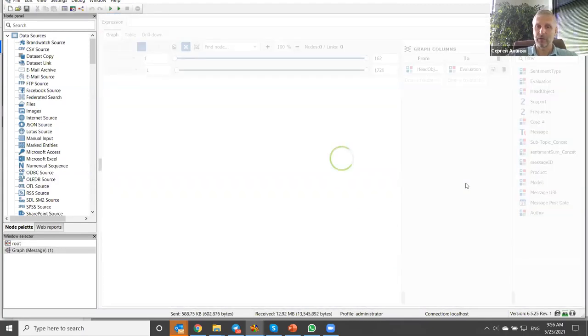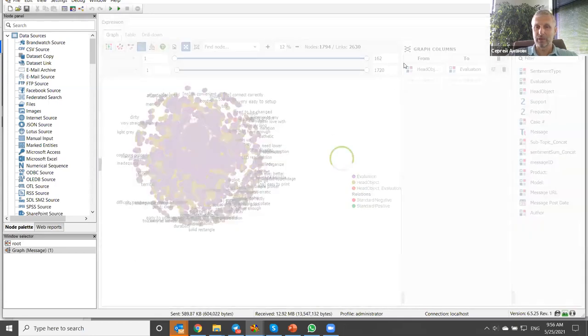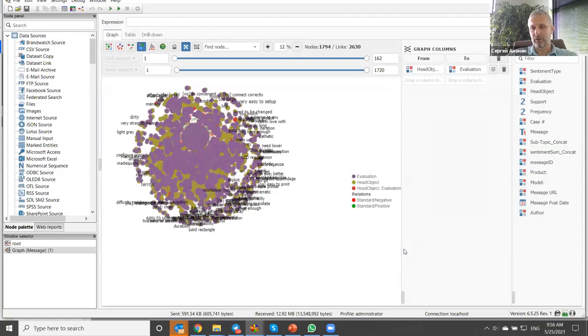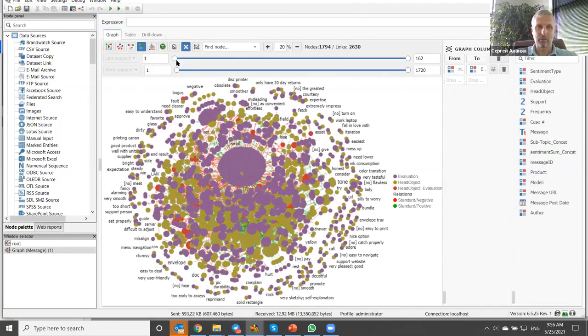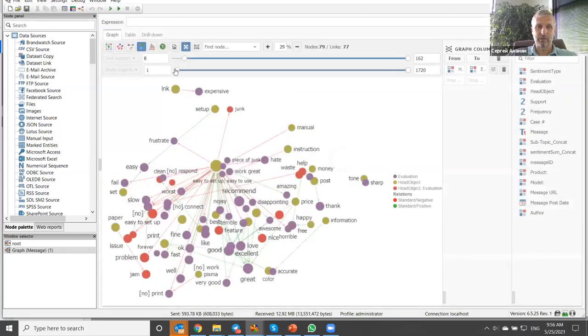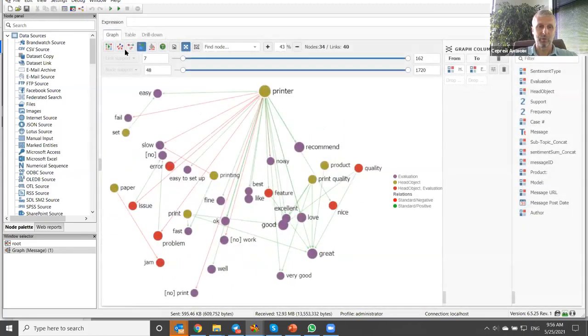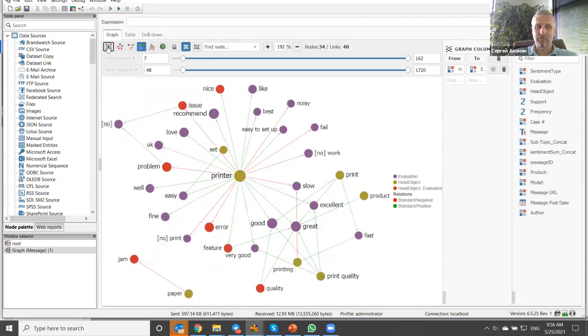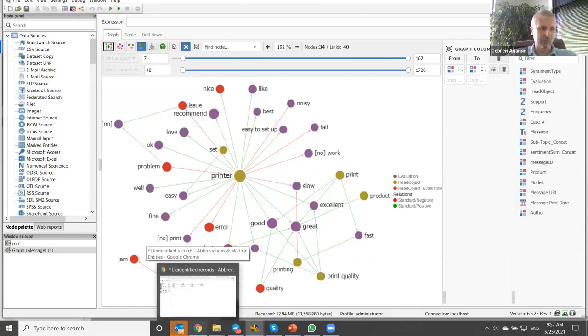So far, I wasn't showing much of visualization, but PolyAnalyst has very powerful visualization tools as well. So if we look at different support and importance, I can ask the system to do the layout, and you see what positive, negative things people are talking about. The red ones are negative, the green ones are positive. So you can pass this data along to other visualizations, or you can use tools inside PolyAnalyst. So sorry, I digressed too much.